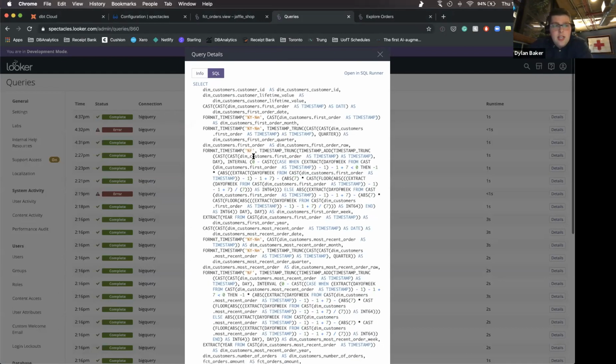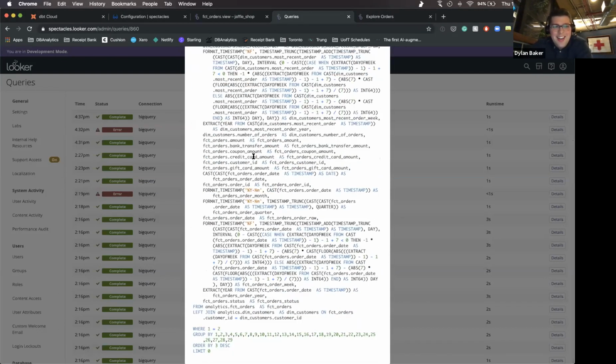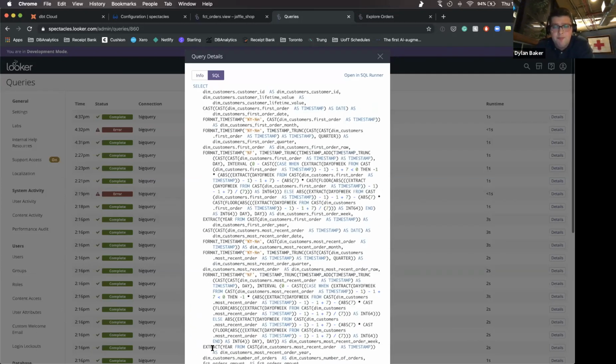You can see in here that it has run a big, ugly query and checked that it passes. It does a couple of things here that limit the amount of compute that we put through the warehouse, which is really important. We do a limit 0, which on things like Postgres, Redshift, and BigQuery basically makes it do a dry run, like an explain query. So it doesn't actually process any data and should, in most instances, return pretty instantaneously. The other thing is we put a where false, where 1 equals 2, because a limit 0 doesn't actually stop Snowflake from processing data, but a where false does. That makes it process the queries much more quickly.